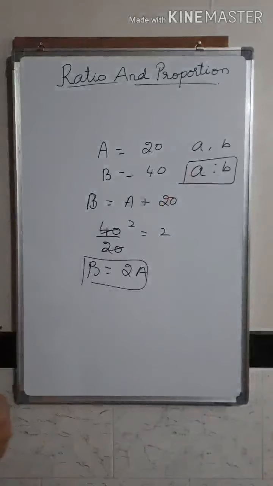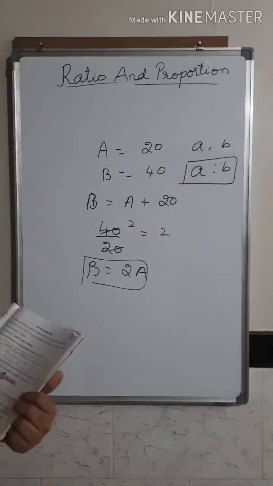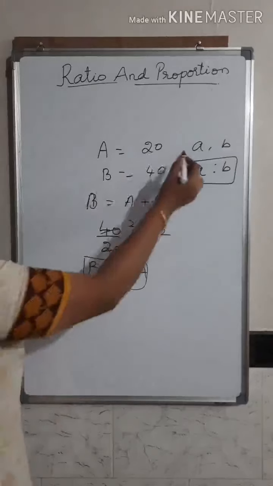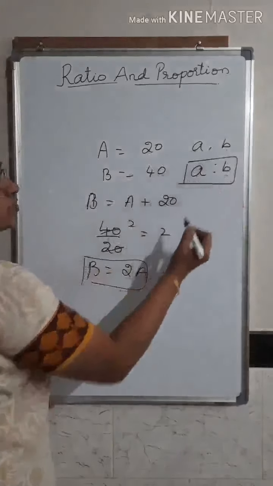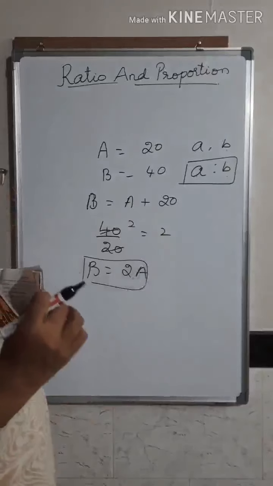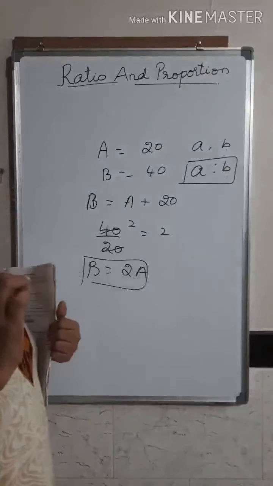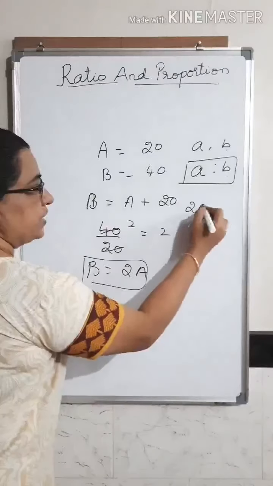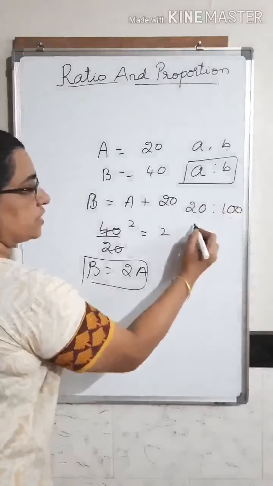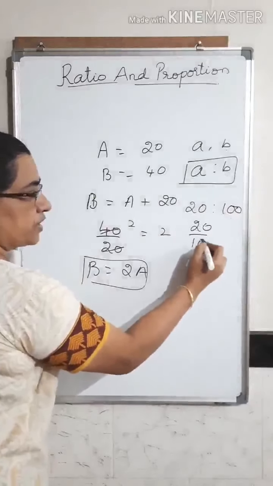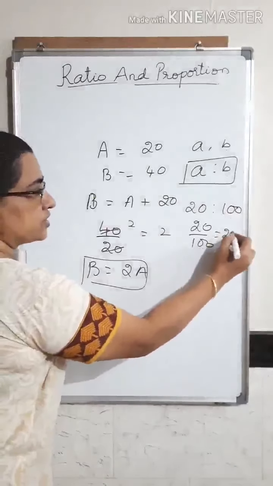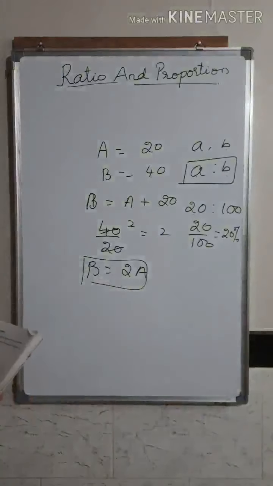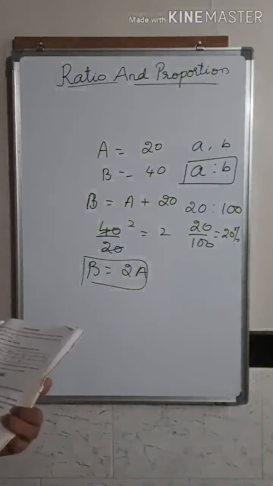Now in the second property, whenever you are making the comparison between two ratios, this is the first term, this is the second term. If the second term of the ratio is 100, then you call such a ratio a percentage. Now suppose you write 20 is to 100, then this is nothing but 20 upon 100. So this is called 20%. So whenever the second term of the ratio is 100, it is called a percentage.